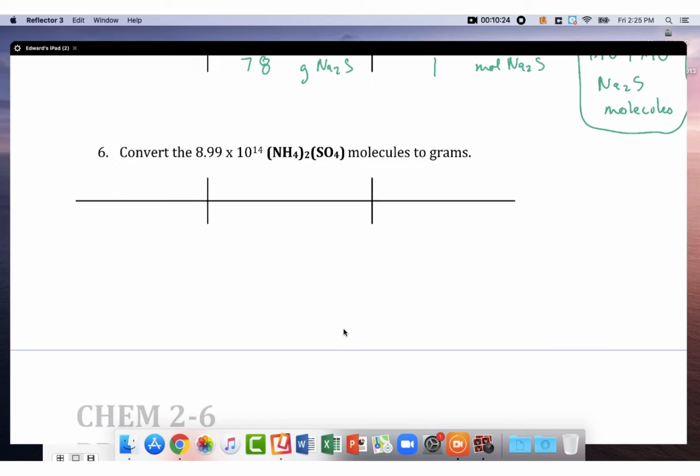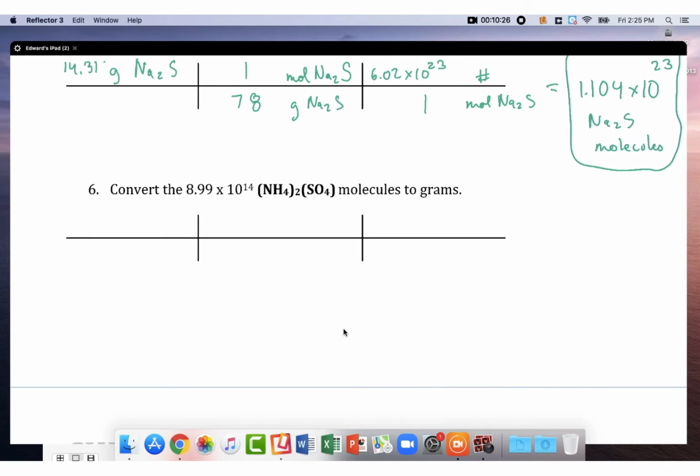All right, now our last one we're going to do is we're going to go from molecules, so we're going from the number to grams. So we're going from the number to moles to grams. Crossing out my things, I need the number on the bottom, I need moles on the bottom. Hey, we already said this. If you have moles, it's going to be 1 in this chapter, right? Moles, if it's in the table and it's not the first thing, it's going to be a 1. Now let's start writing in our other things that we know. We have